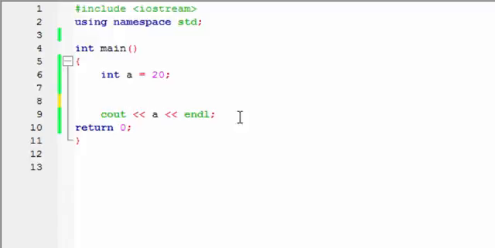Now in case I have a equals 20 and I cout a plus plus. We are doing this because in our next tutorial we are going to tackle for loops, and we have to really understand how the increment operators work before we can really understand our for loop. So if I have a plus plus and I endl, initially I have a to be 20,